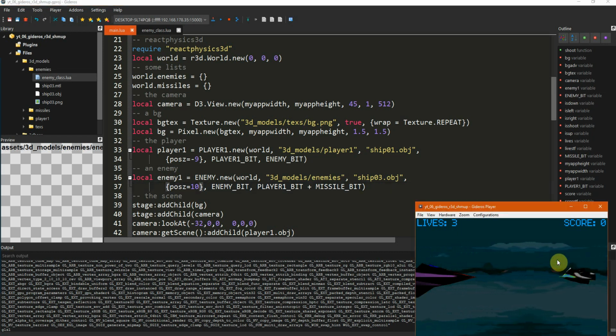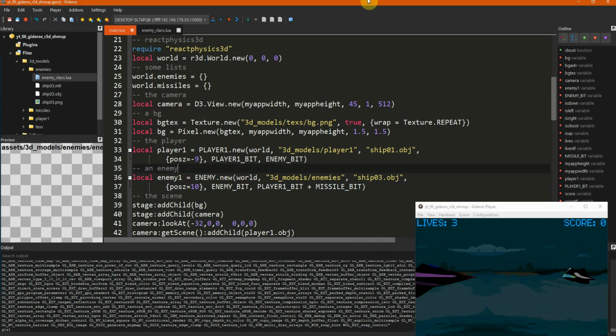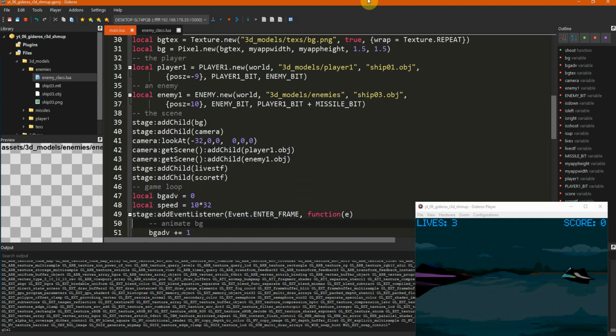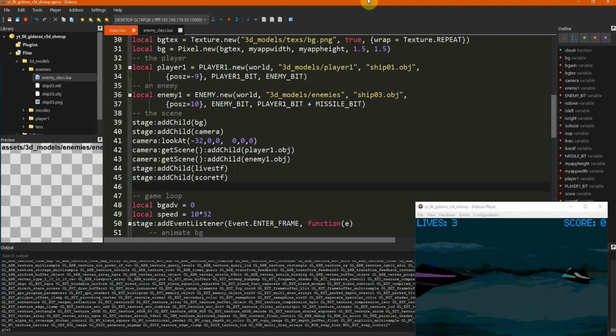Now I need to test the collisions between the missile and the enemy. Let's do this. We can do it after the scene and before the game loop.